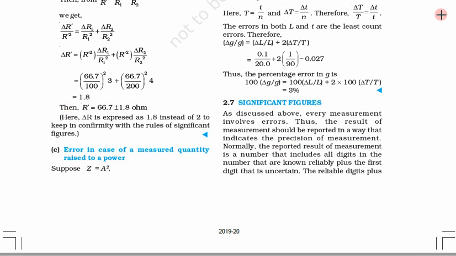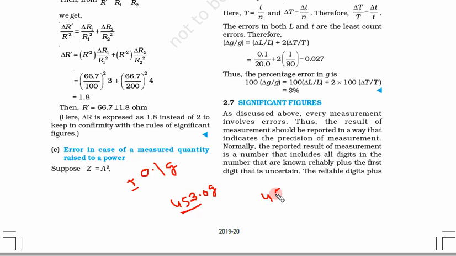What is the precision of our measurement? Suppose the same mass is measured with some other scale, and in that scale, suppose the least count is plus minus 0.1 gram. Then how will we report? We will report 453.0 gram. In that case, we know that these three digits are precise.